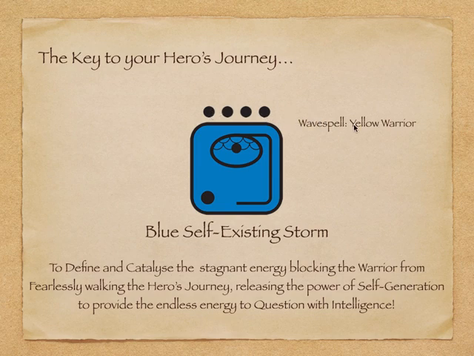The wave spell, which is the 13-day period that my galactic birthday falls in, is the wave spell of the Yellow Warrior. So one way of thinking of this is that your galactic signature is your archetype of what you're here to embody and bring into the world. And the wave spell is like the purpose in which you're of service to.